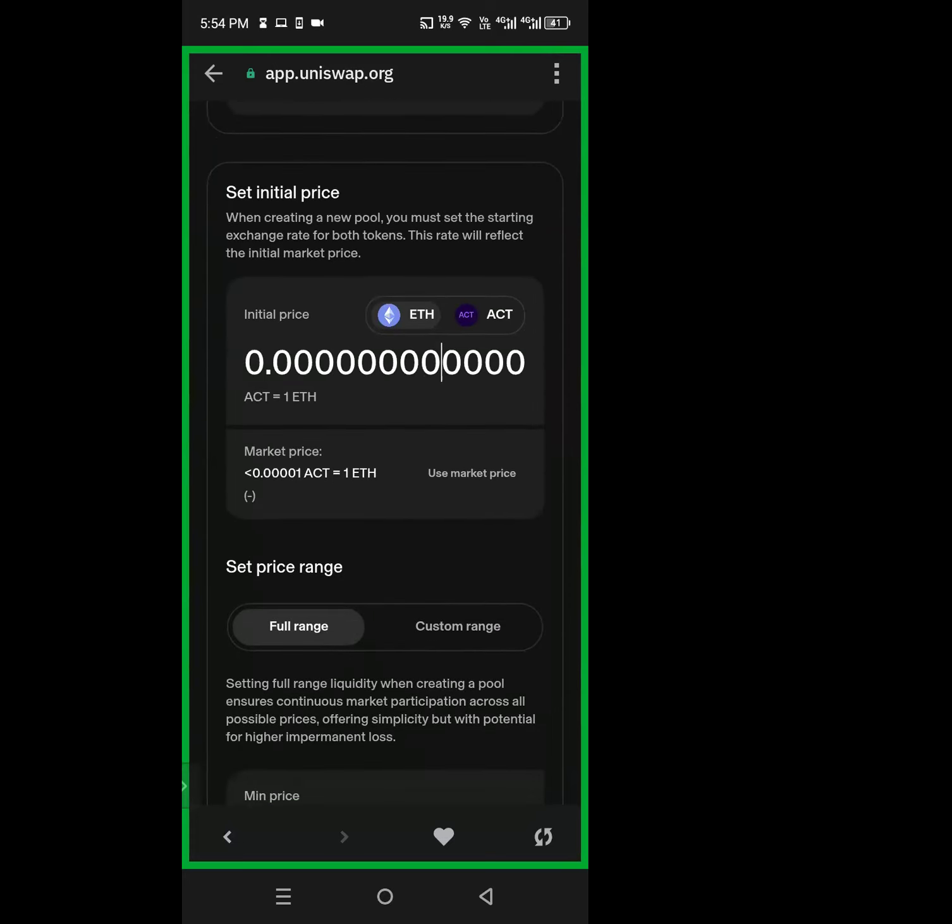I'm getting the same amount because when I do this, it's auto-filling at 0.000, and these are too many zeros. So it's saying 0.00001, those are 4 zeros. Actually equals 1 ETH.